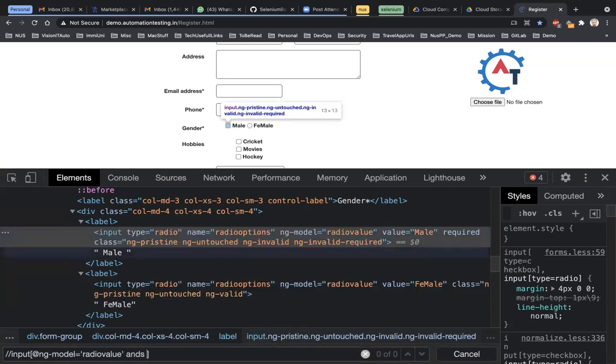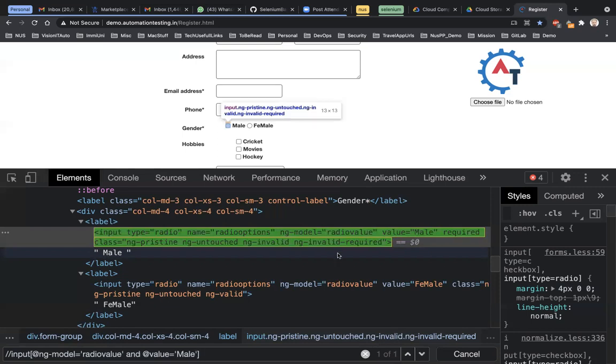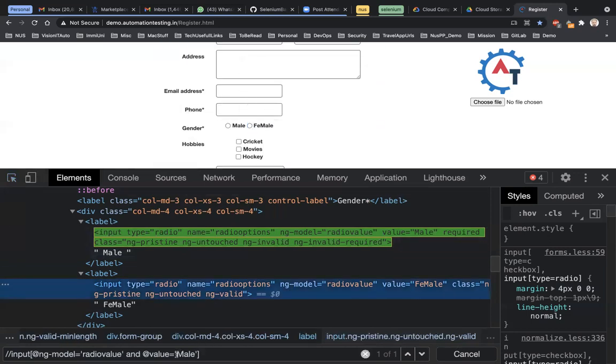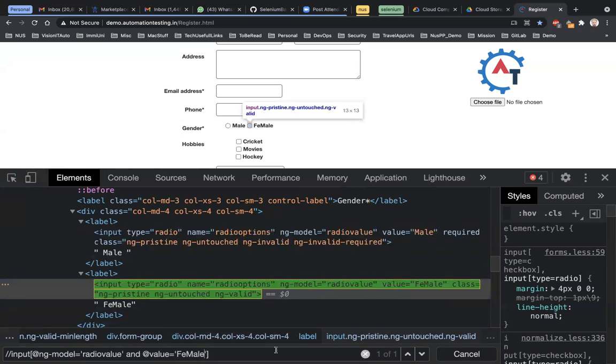So I will say AND at the rate value is equal to male, and now I'm uniquely able to find it. And if you wish to do female, you just put it like this here. So you put female here. So now it is uniquely identifying the female one, this one. Okay, so you can use logical operators.